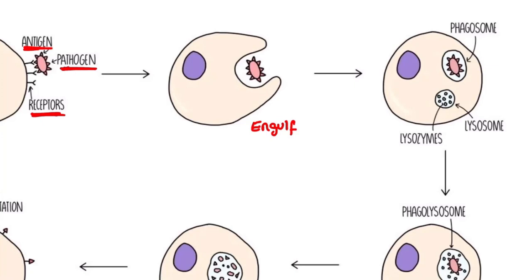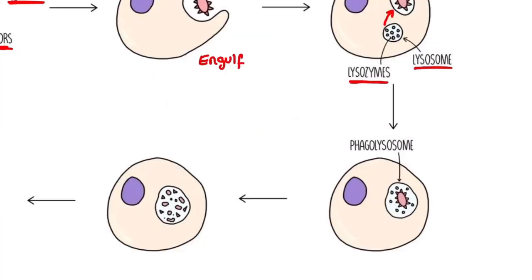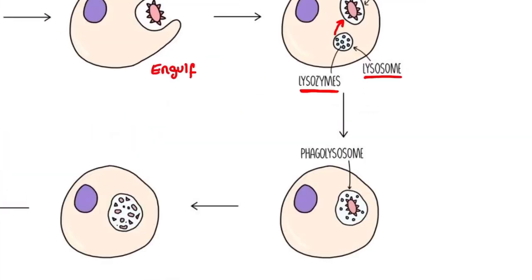Today's topic is the cell-mediated response. So, engulfing the pathogen. Once it's engulfed, the pathogen is held in a phagosome vesicle, and these are lysosomes, and these lysosomes contain lysozymes. These lysosomes are going to fuse with this phagosome. Once they fuse with the phagosome, you don't need to know this name, but the lysozymes, these small dots, are going to break down